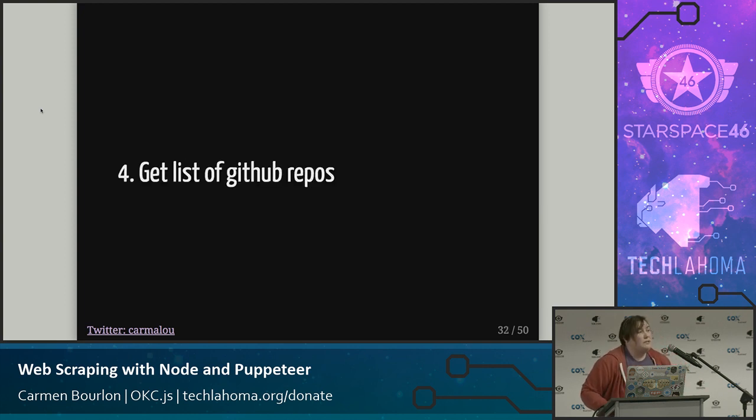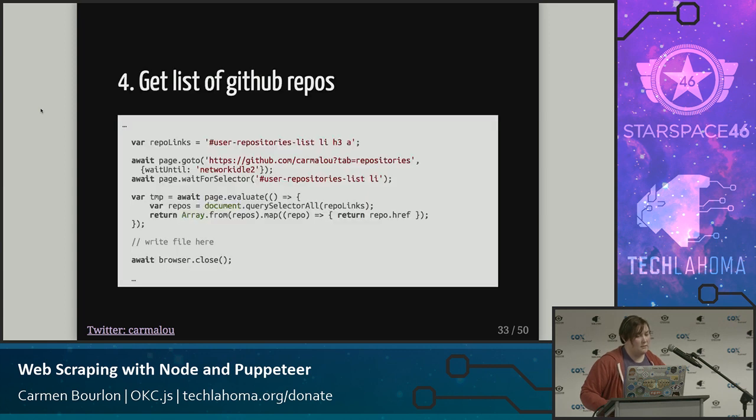So if you wanted to get a list of GitHub repos, this is how you might do it. We're going to my GitHub page, and notice at the top we've figured out what selector we want, that very first repo links. And we are using wait for selector, because it's not necessarily going to be there when you first hit the page. So you want to make sure that the selector that you want actually exists on your page, or else you'll